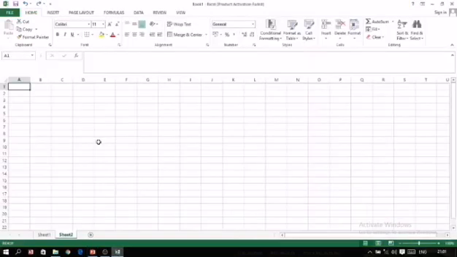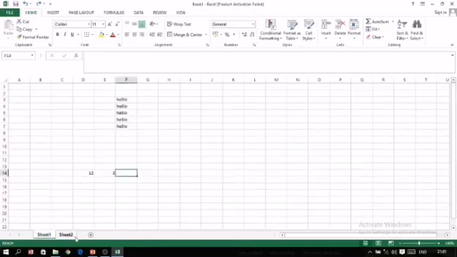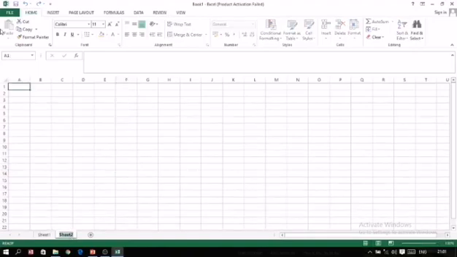For example, on sheet number 2, I want to write something over here, like I want to write marks. Now after this I want to enter some marks over here.